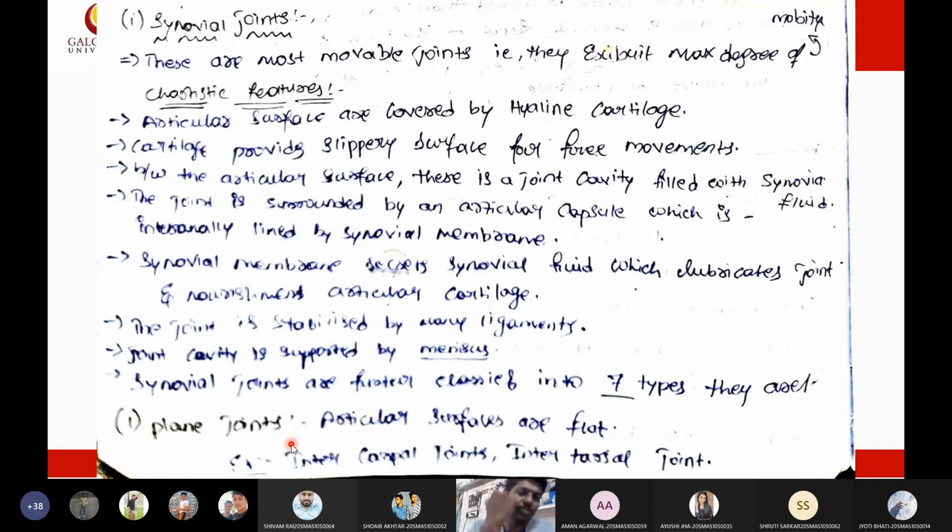The bones that are present in the wrist are called carpals, and the bones that are present in the ankle of the foot are called tarsals. Carpals in the hand, whereas tarsals in the foot to be precise. And these carpal joints are flat joints. Sorry, plane joints. They're plane or flat in nature. So this is all about the carpals.